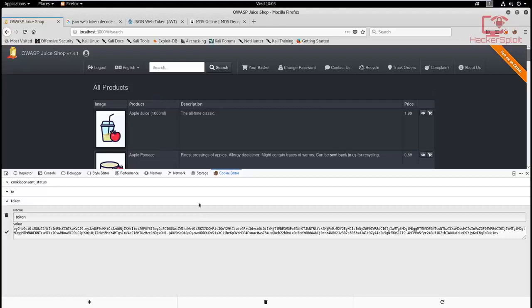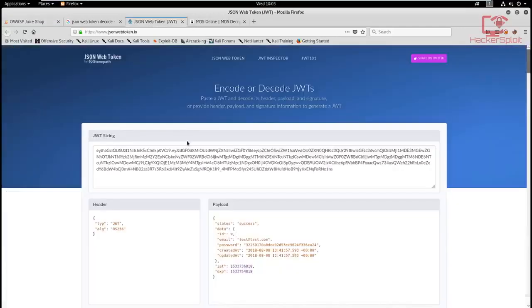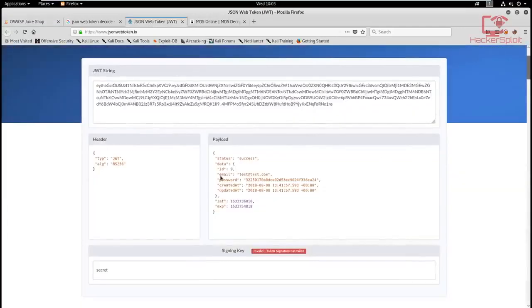Okay, so one step at a time. You can see that something extremely interesting pops up here. We have the email, and in this token we can see that it's not very well designed, because the email is in plain text, which means that in any scenario where someone is able to get this token,